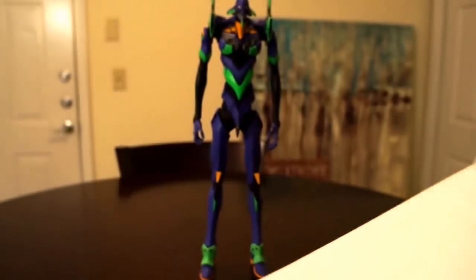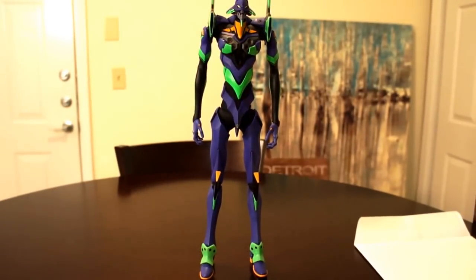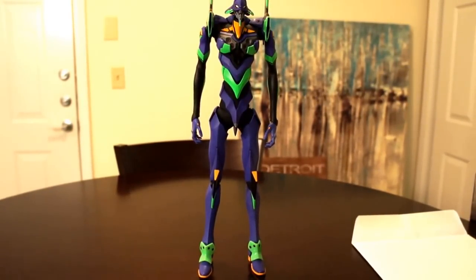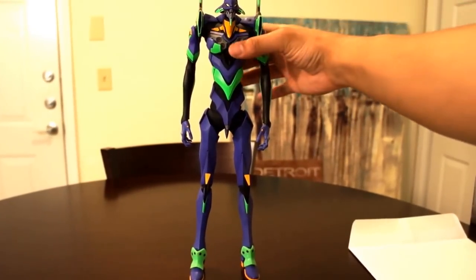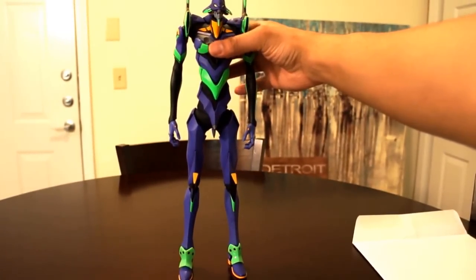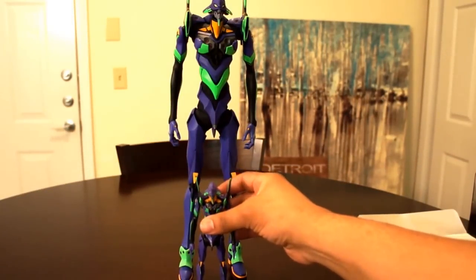Now, you do receive 2 more accessories. Now, the reason why I didn't say that from the get-go is 2 reasons. If you got this Unit 1 figure, if you got it when it first was released, you get some special bonus parts. Now, this is where the Robot Spirits figure comes into play, and why this figure plays such a big role